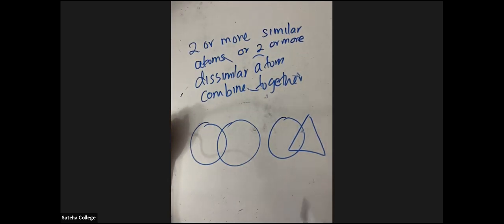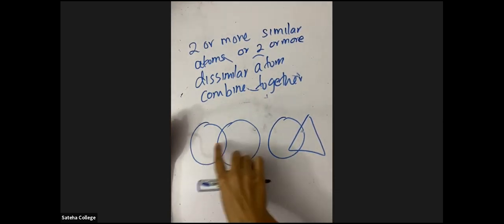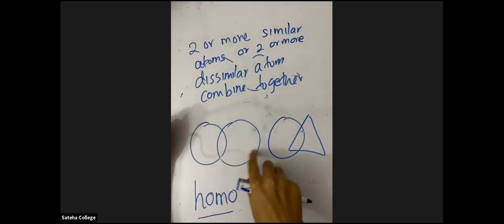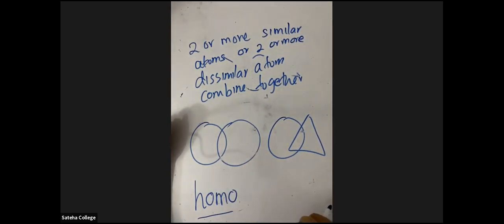Now listen to me very carefully. If similar atoms combine together, for that you call it homo. Homo means what? Same. Right? Homo is the word for same. So here, are the atoms the same or different? Same. So this you call it as